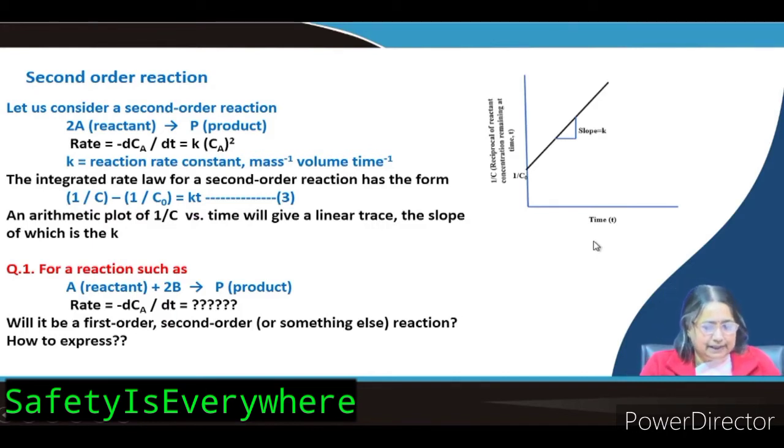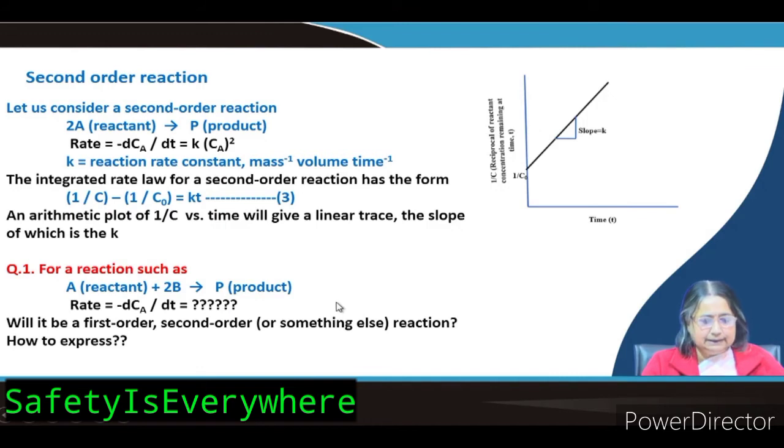It is a very simple method actually to get to know the order of the reaction, because you have the data set. At different time intervals, you have collected some samples for a reaction and you have measured the concentration of that particular reactant or product, whatever may be, and then you make a table, and then after making the table you just plot it. You have to make different plots, and then you will see which one is following the straight line curve. Accordingly, you can decide what is the order of the reaction.